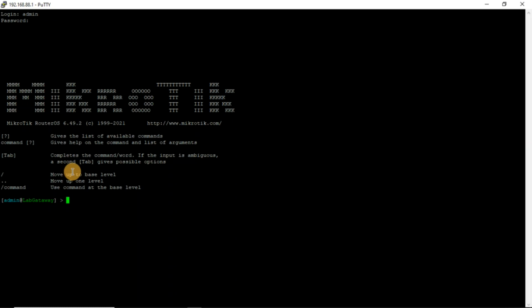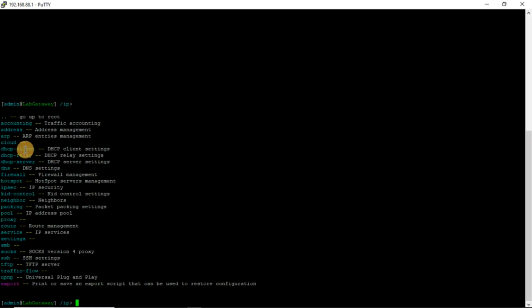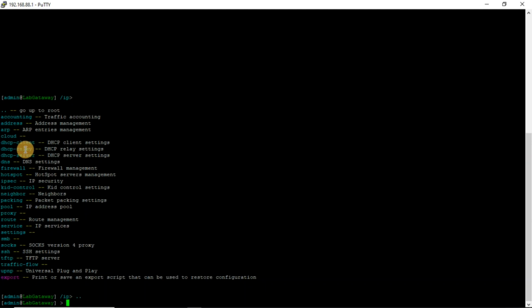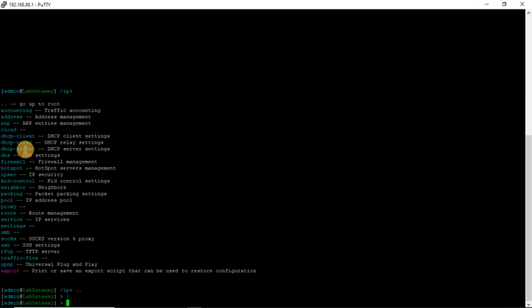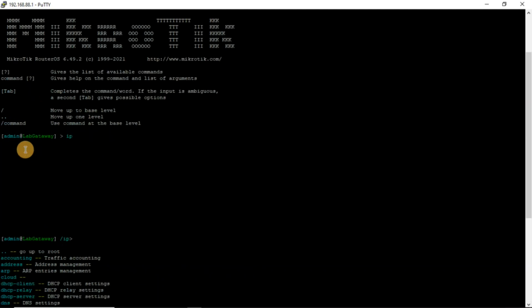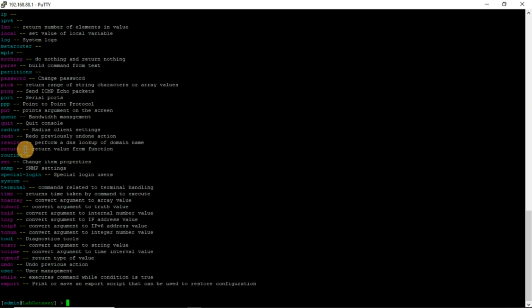But it will give you some few things that Tab can always help you to complete, let's say complete other things or commands. But again, if you do double dot, that means you are coming back. If you do slash, you are going to the root. But now this is the interface that you will interact with if you are, let's say,